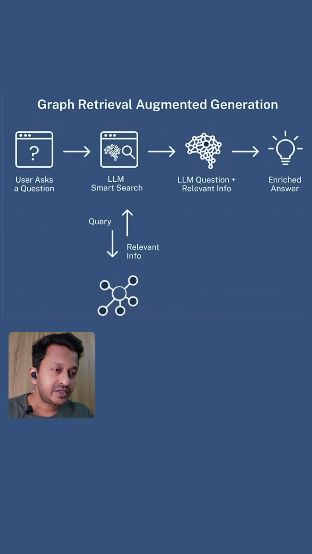Hey guys, imagine you ask a complex question, one that needs more than just a simple factual answer. That's where graph retrieval augmented generation, or GraphRAG, comes in. So the process begins when the user asks a question. Instead of relying only on the LLM's memory, the system performs an LLM smart search, which basically triggers a graph